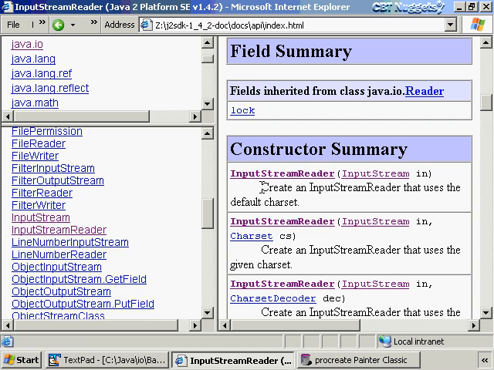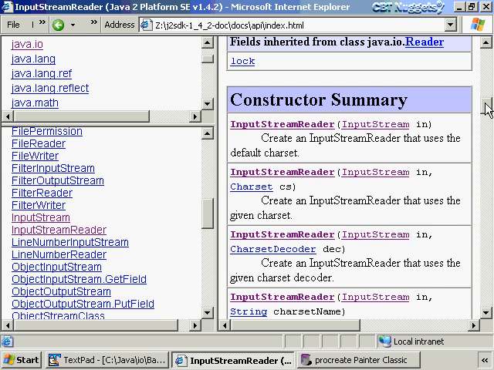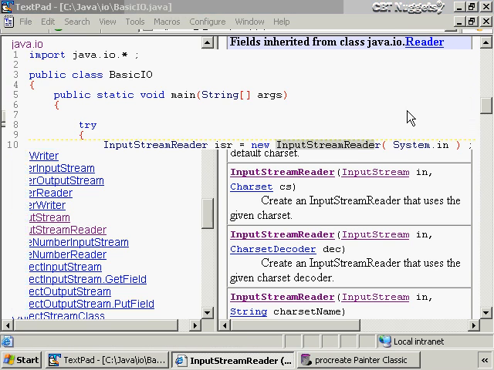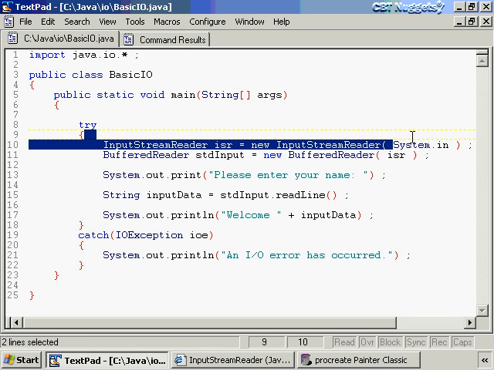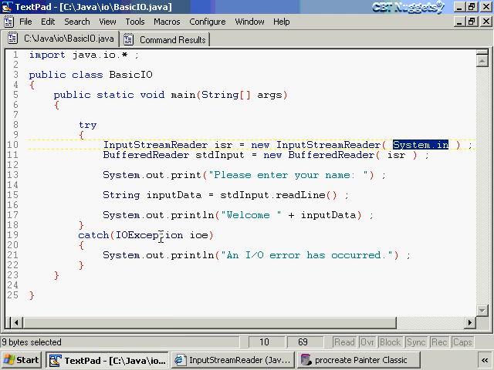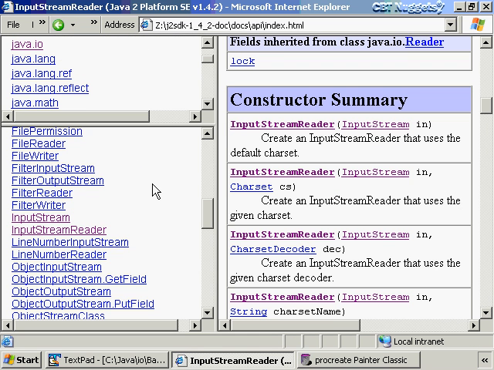And here we can see the input stream reader's constructor. It can take a couple of different parameters to instantiate it, but the first one that we see here takes an input stream as a parameter. So let me go ahead and show you what I did in mine. I passed System.in. We've seen System.out for a long time, but let's take a look at what System.in is. So let me go to java.lang, click on that link there,